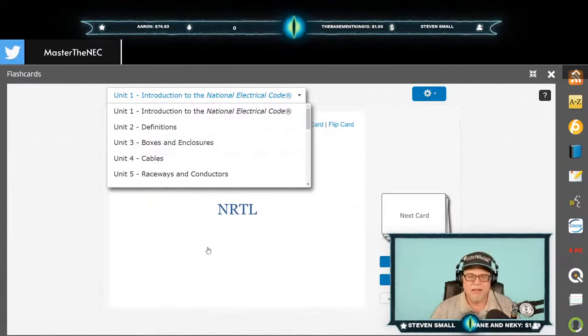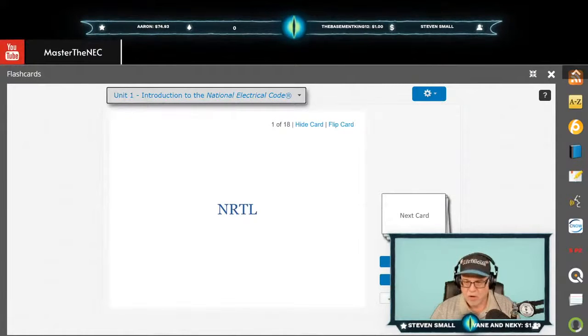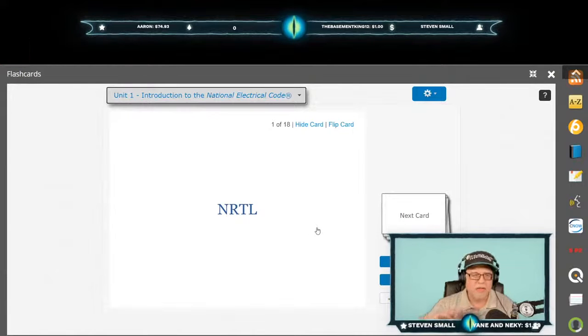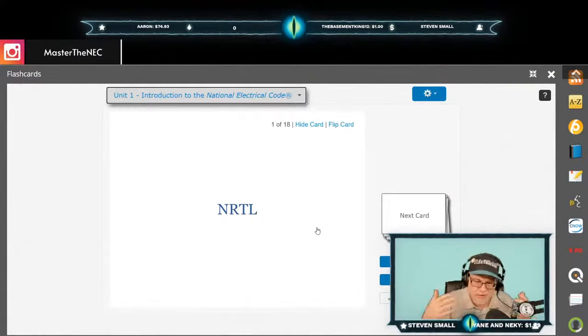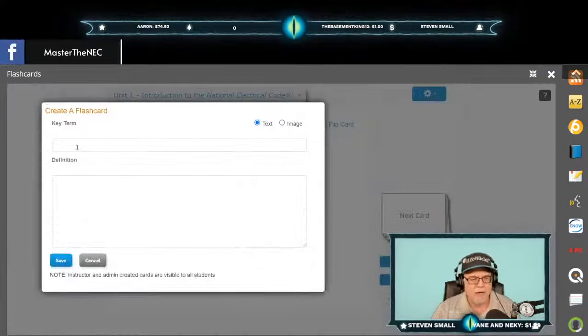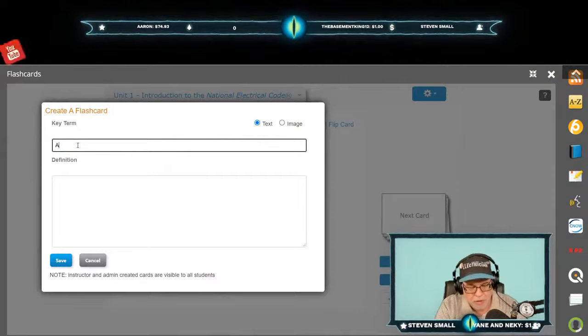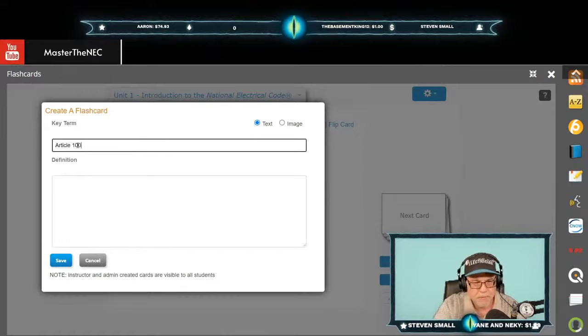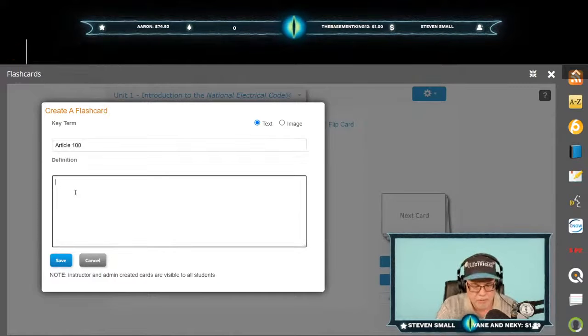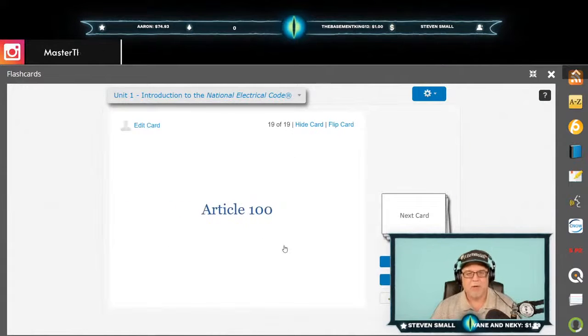Okay? So one of the things that I do tell people to do is to go into Unit 1 and then go down here to create cards. Now, I like to create all mine in Unit 1 because Unit 1 is just the introduction to NEC. So that's a good place to keep all of them. So I'll do a create a card, and I want you to get familiar. You heard me talk about this for years about creating flashcards. There's no need to do that anymore. Again, we're in a modern age here. So you create Article 100, and then down here, you can do definitions. Okay? And you save it. And so Article 100,